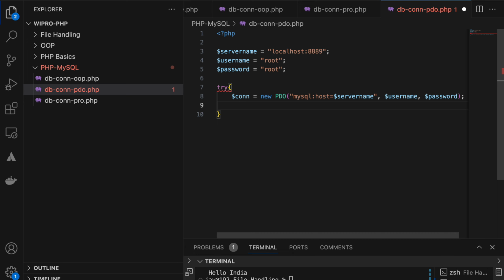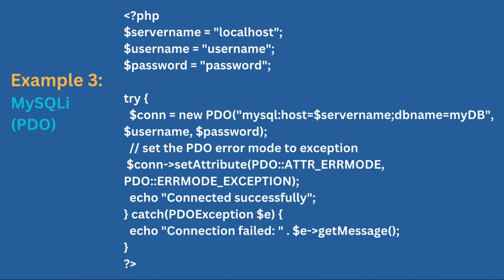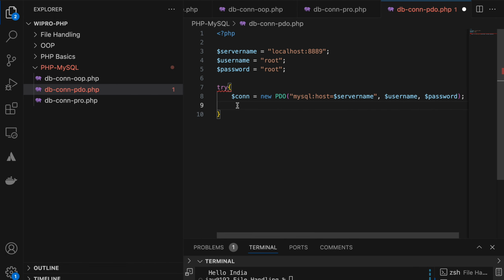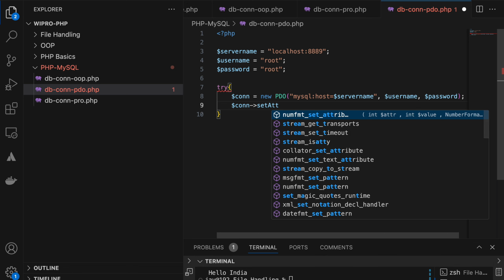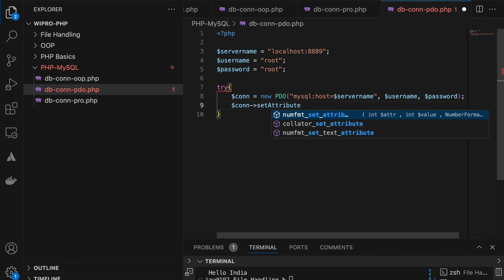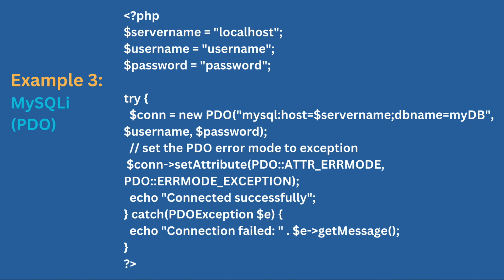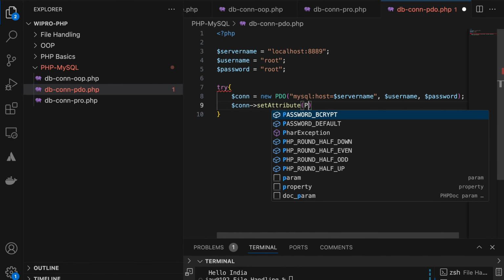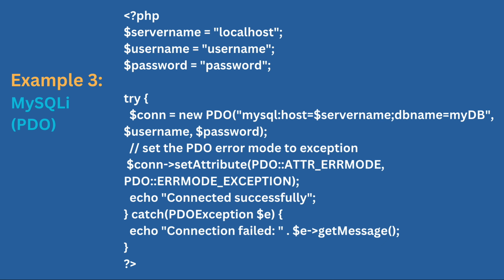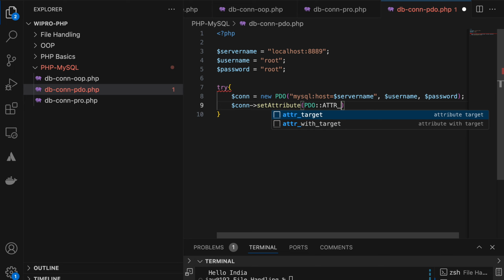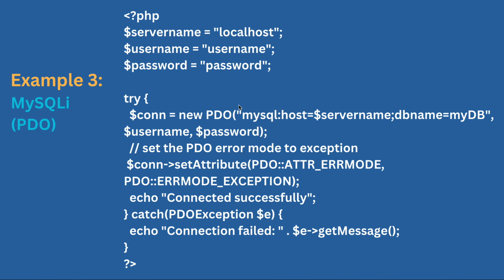Yes, try. We are trying. Suppose some error is coming, then here I am trying to handle the error exception. How? Con set attribute PDO colon ATTR error mode, ATTR error mode, right?